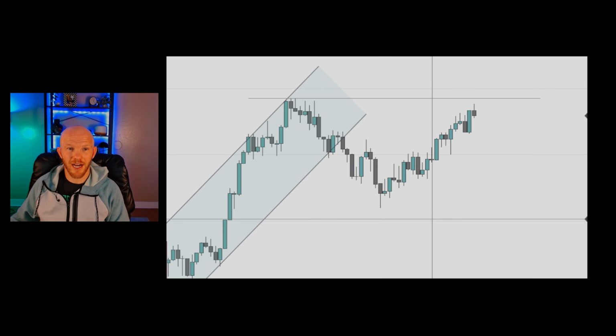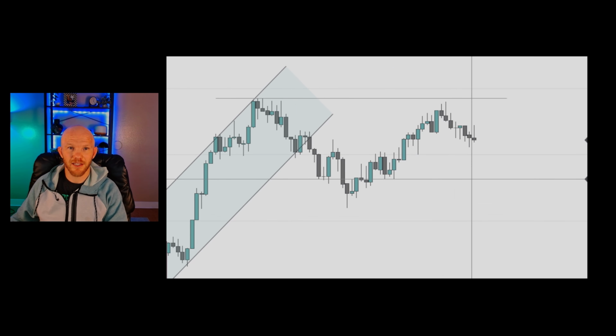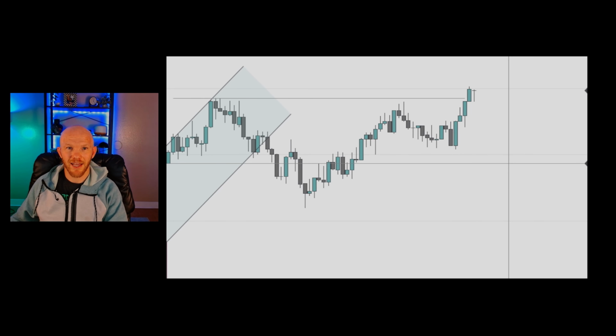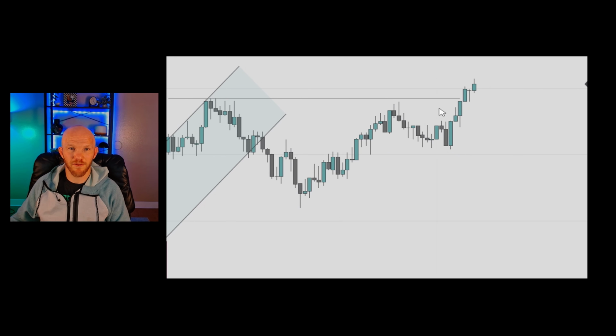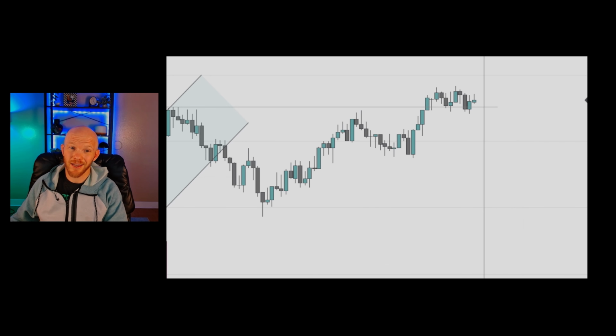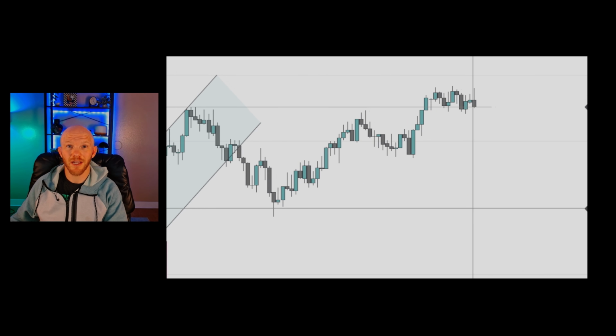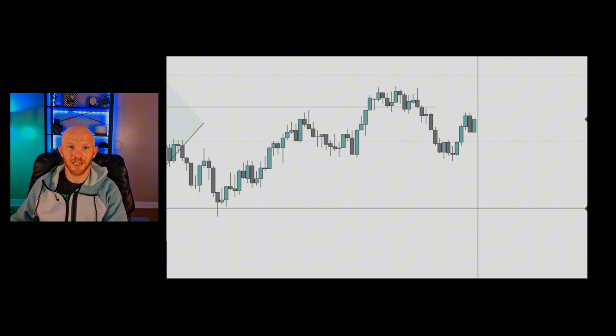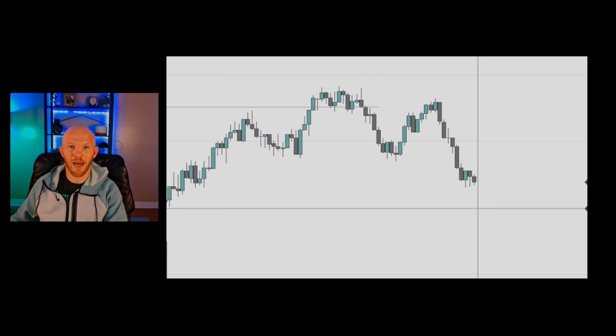Once we get above that high, it's very likely that this trend has played out, and that happens right here. We finally get a new high after the trend line was broken, and that is when we would need to stop going long and instead start thinking that, hey, we possibly could get a short. This market might reverse soon, and it's exactly what starts to happen here.